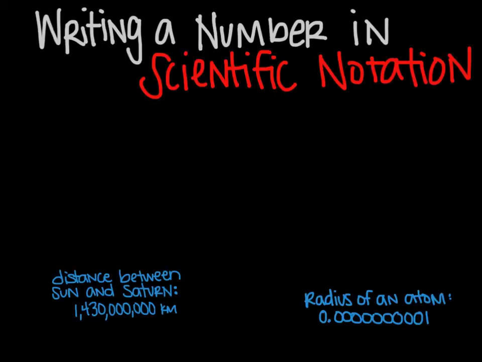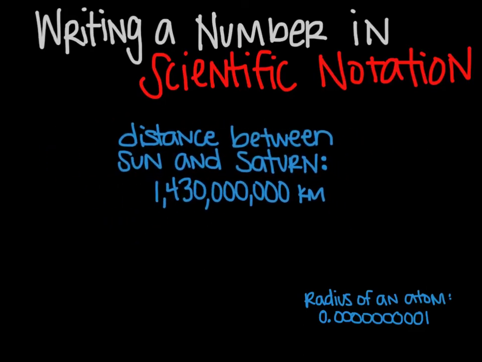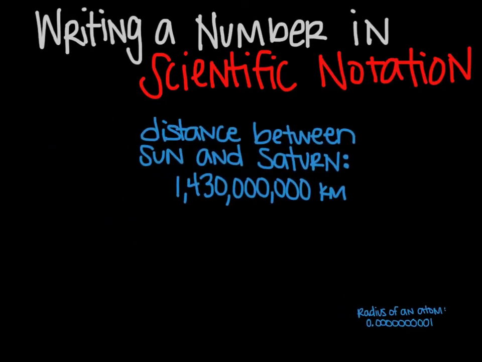Alright, so now that you know that formula, or I guess it's not really a formula, but the way of writing it. Alright, writing a number in scientific notation is kind of fun. First example here, the distance between the Sun and Saturn is a really big number. That would be 1,430,000,000